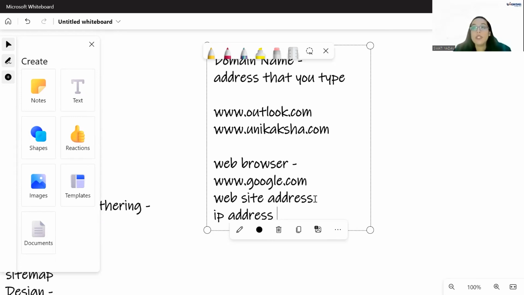DNS works very similarly to a contacts app on our mobile phone. You open up your contacts app, type in the person's name, and your mobile phone returns the person's phone number, whatever information it saves for that. Now you can then decide if you want to call, email, or text that person.